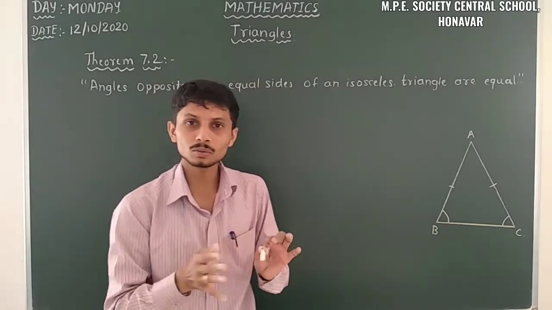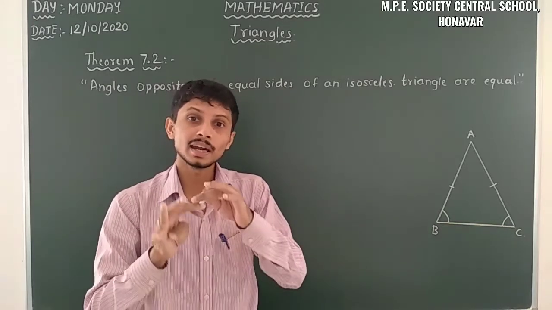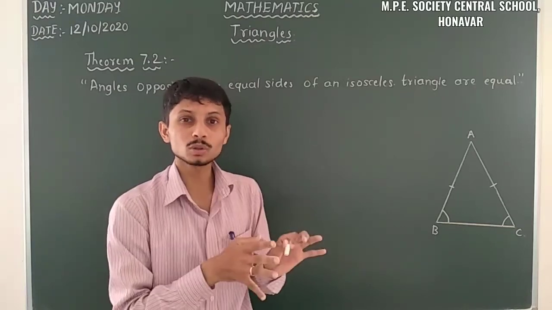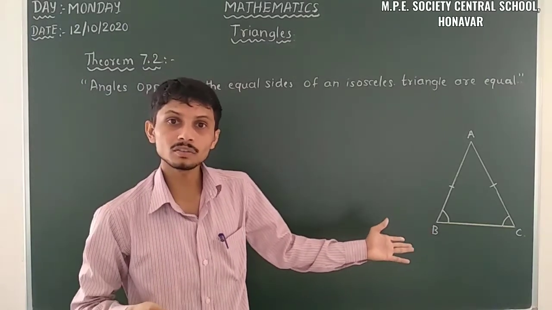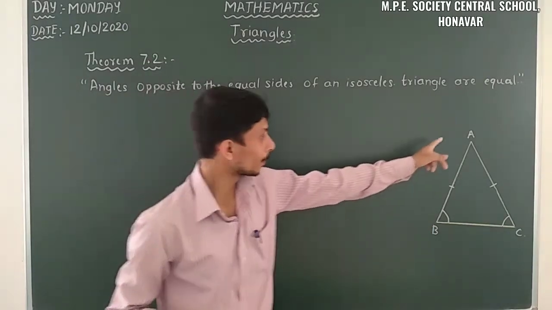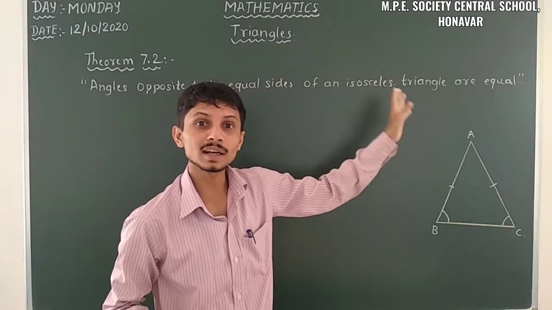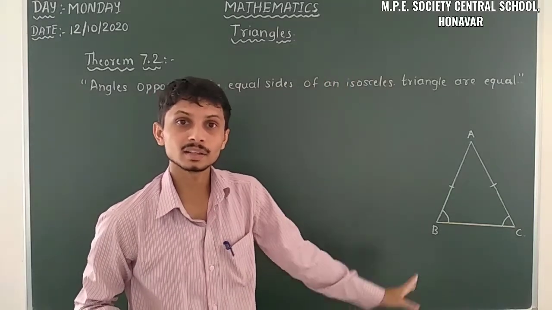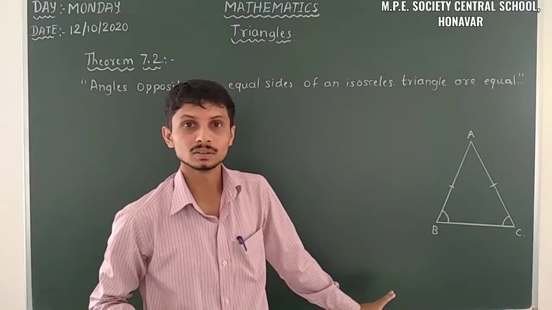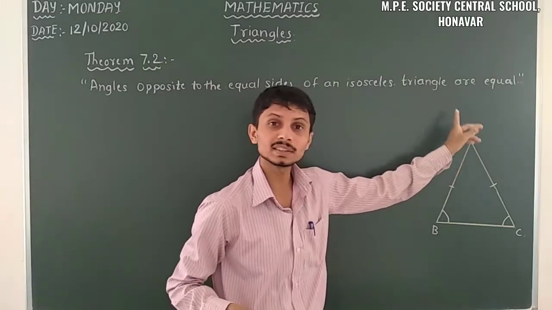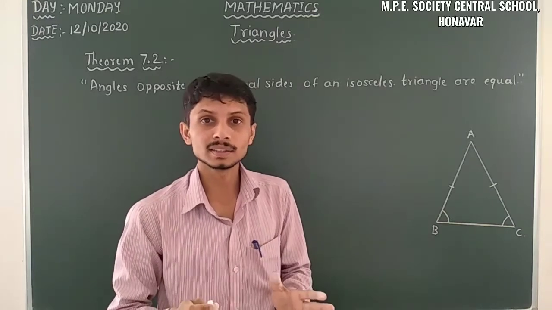Here we have to go to the last topic, that is, SAS congruency and ASA congruency. In those two cases we need at least two triangles, but here it is only one triangle. How can we do that? By drawing a perpendicular line that bisects angle A. We take a perpendicular to BC, so that we have a bisector, a line that bisects angle A into two equal parts.